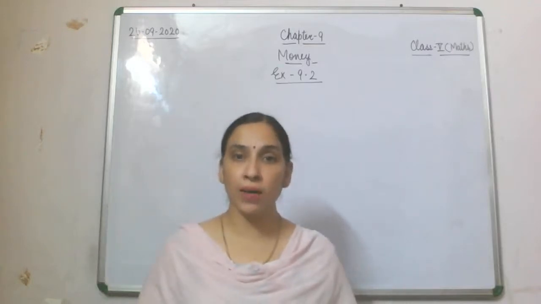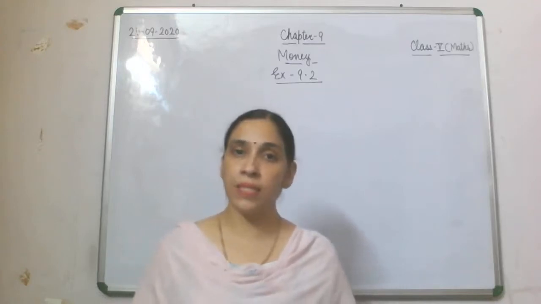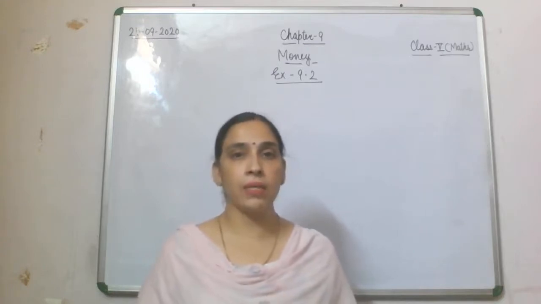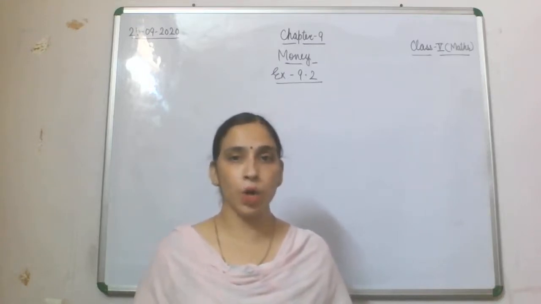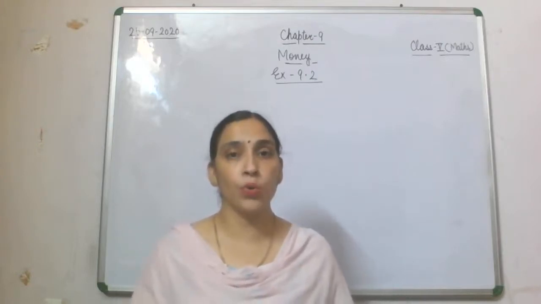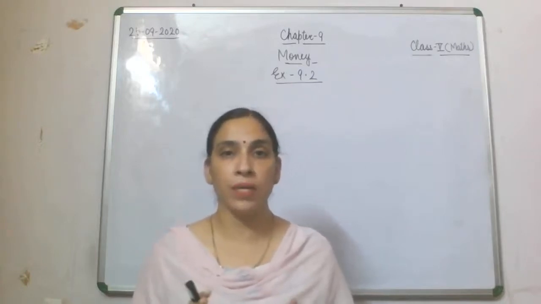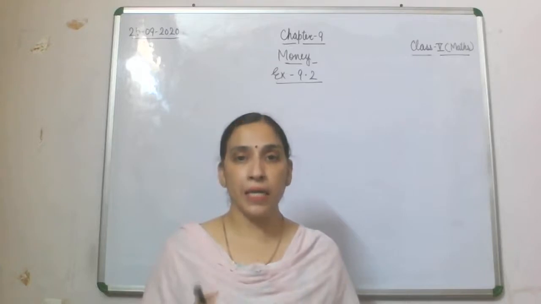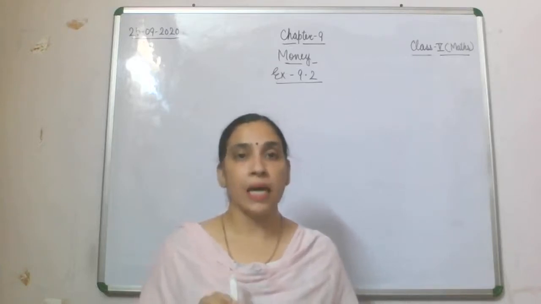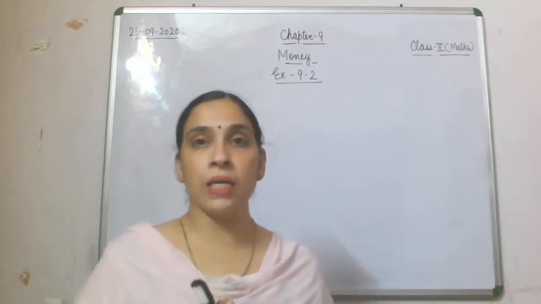Children, as you all are aware, we had started chapter 9, money, and we have completed conversion of money, and then we had started basic fundamental operations on money. In that row, yesterday we have seen how to do addition of money when different amounts are given, how we will arrange it into a column, and then how we will do the addition. So in that row only, today we are going to start our class.